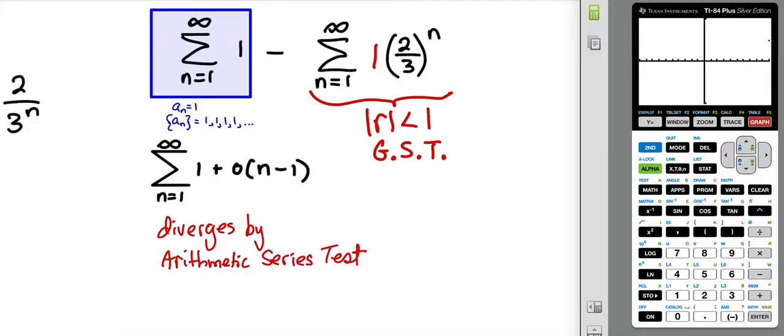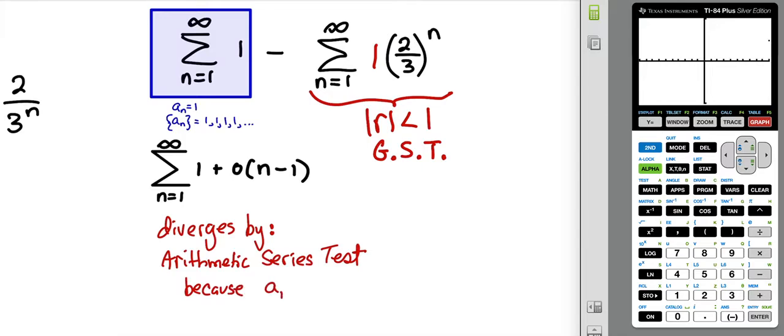I had it in my mind that we wouldn't call this the AST because the AST is reserved for what we'll learn to be known as the alternating series test. So I just kind of got in my own way. So diverges by the arithmetic series test because